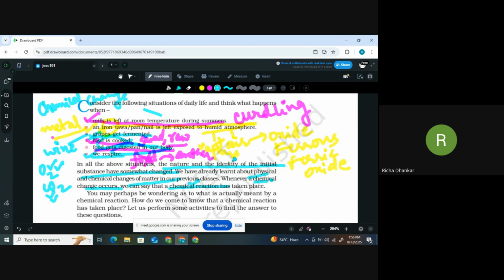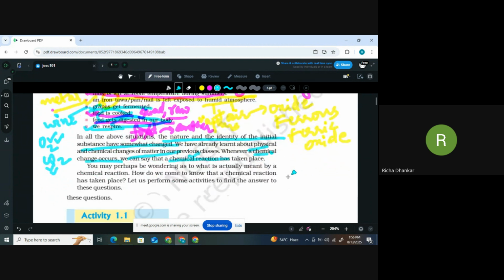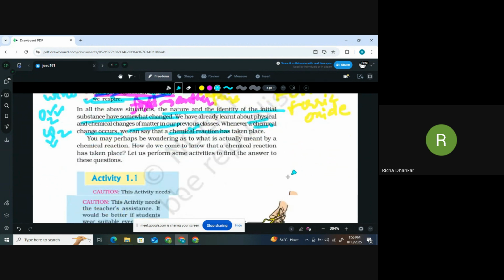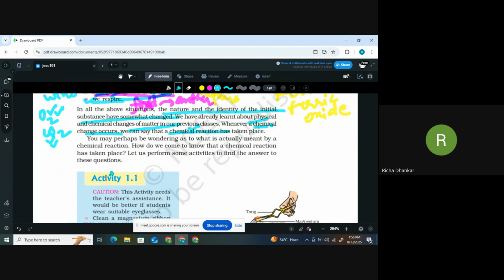Okay, now since we have started to talk about chemical reaction, I will tell you what is a chemical reaction. So I will give you a very simple equation which you would have seen numerous times in class 9 as well. So carbon plus oxygen gives you carbon dioxide. So I have written C + O2 gives CO2. Now you must be familiar with that. C means carbon, O means oxygen, and CO2 means